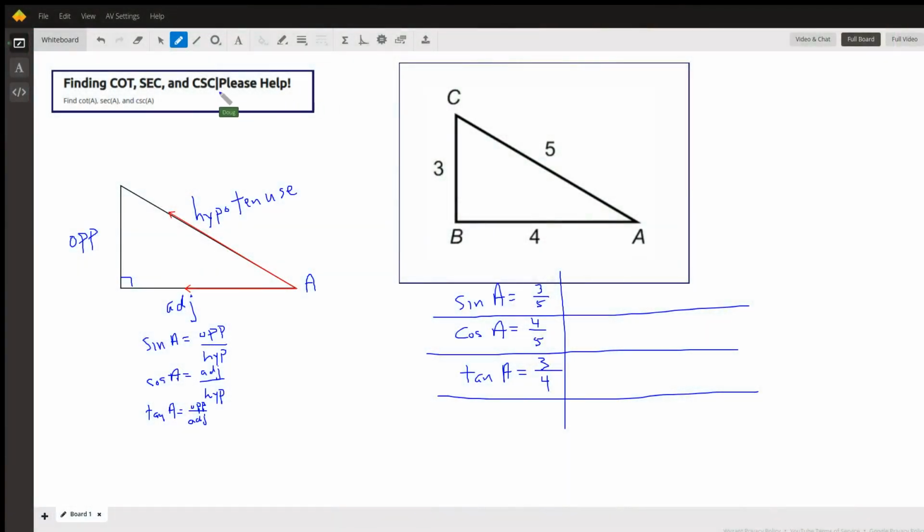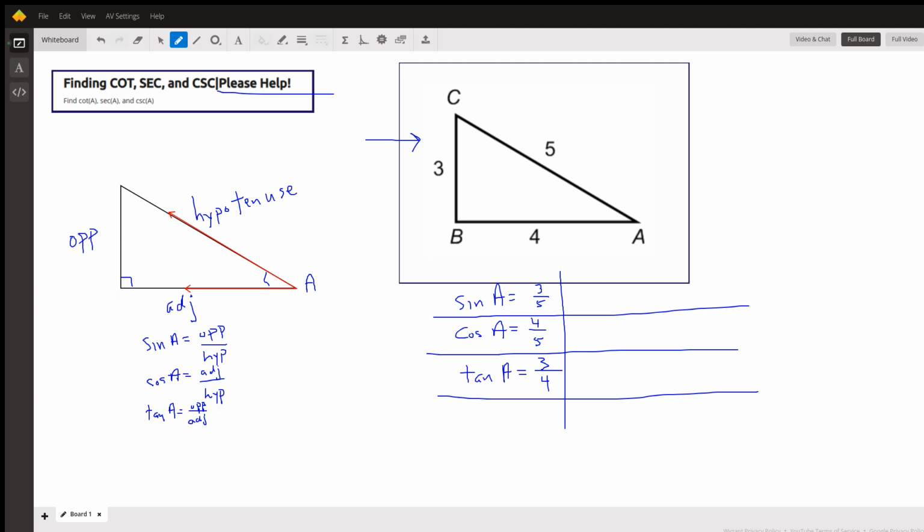Okay, it looks like you're asking for some help here, trying to find cotangent, secant, and cosecant for this right triangle. Got to make sure that you understand what we mean by opposite side, adjacent side, and the hypotenuse in a right triangle. So angle A here has two rays that make it up, these two red rays, and the